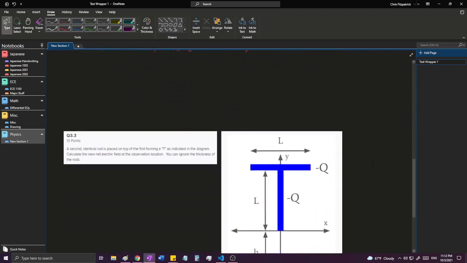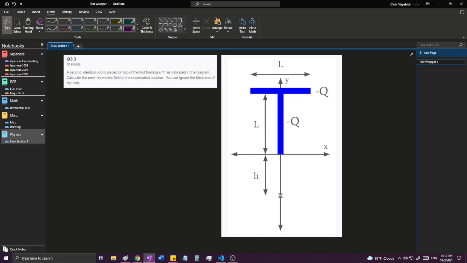And last but not least, we have the third part of the problem, which goes, a second identical rod is placed on top of the first forming a T as is indicated in the diagram. Use the new net electric field at the observation location. You can ignore the thickness of the rods. And using